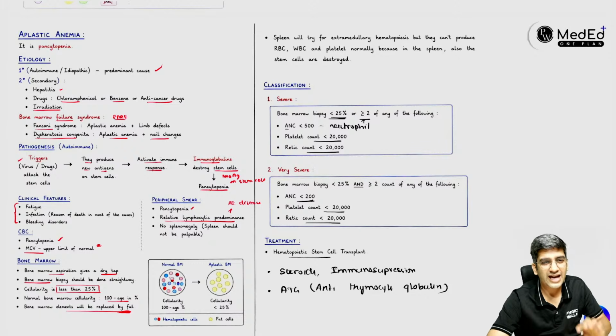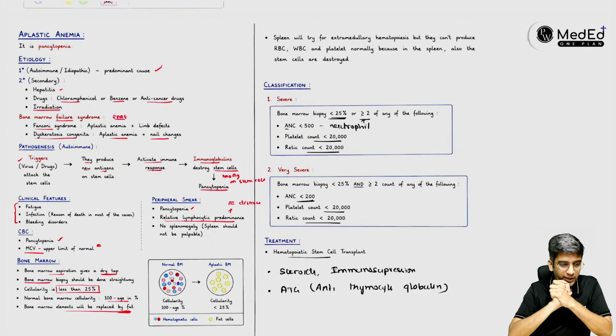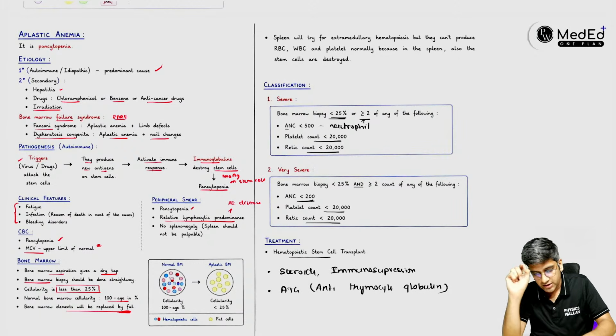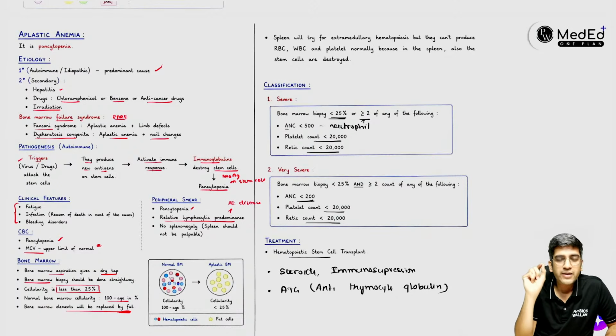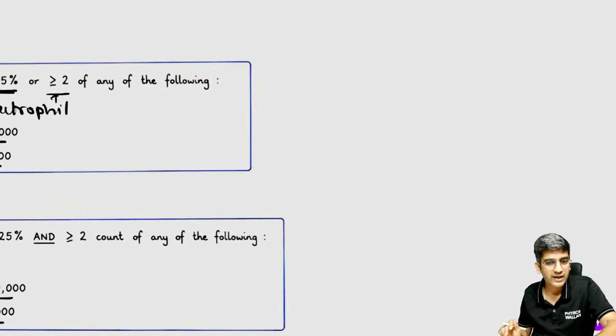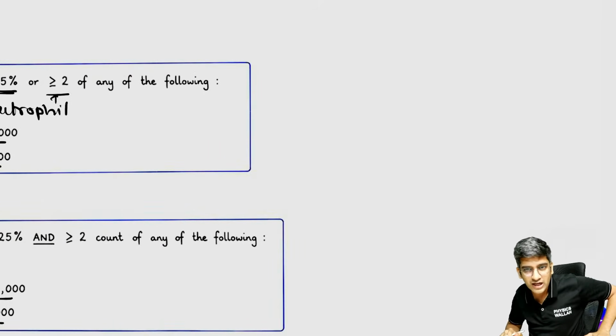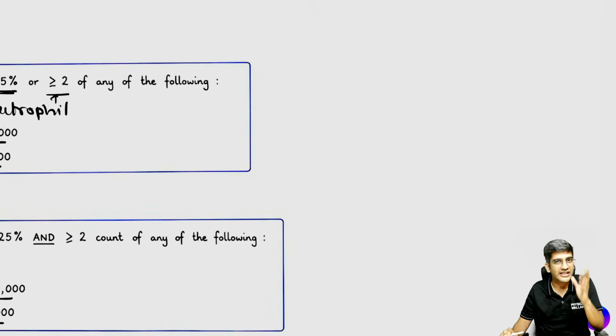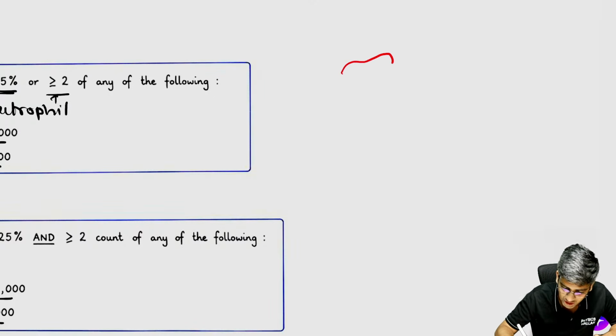Now let's just have a look at a few images, okay? I'm going to ask you questions about images, and I want you to tell me what you think is the diagnosis, fine? I'll scribble a little bit, but I want you guys to be interactive. We are not having comments or answers for quite some time. Let's make it active. Let's rejuvenate ourselves, right? This is a normal RBC. Normal RBC will have a central pallor, right?